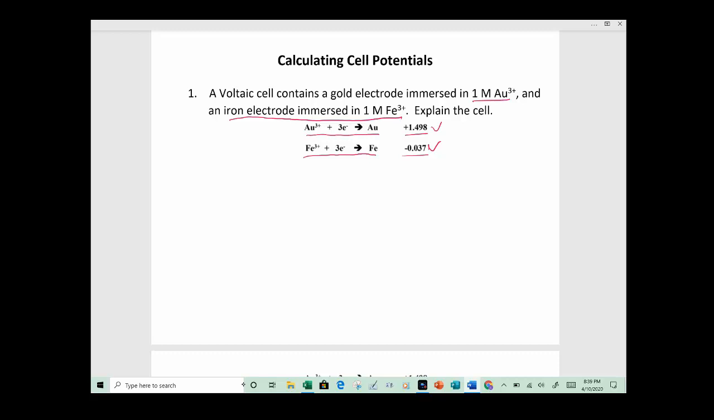Just from these 2 numbers, we can tell that the gold cation is going to be reduced and the second reaction is going to be an oxidation. We know that because this number is more positive than that number there. So the reaction that occurs is this. We write the gold cation reduction